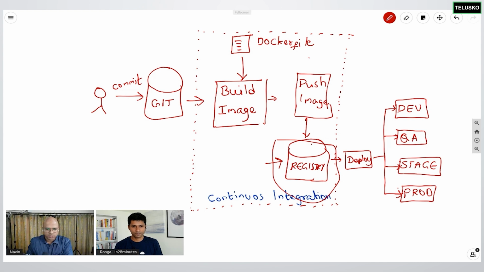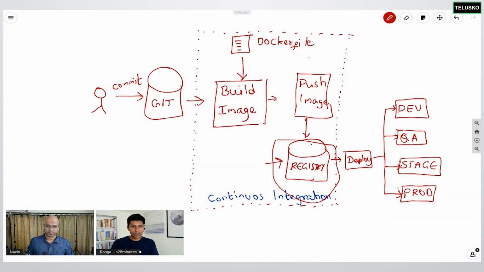Makes sense. So this is the Git, then you build an image, you push it, the image goes to the registry, and then deploy. Absolutely. Somebody commits a piece of code into their source control. Typically you will have a continuous integration cycle. When we have DevOps, we do continuous integration. Somebody commits code in, and as part of the continuous integration cycle, you build an image, and to build the image we make use of the Dockerfile. Once the image is built, we want to reuse it again and again. That's where we push the image. Once you push an image to the registry, you can deploy it from the registry to any environment: dev, QA, stage, or production.